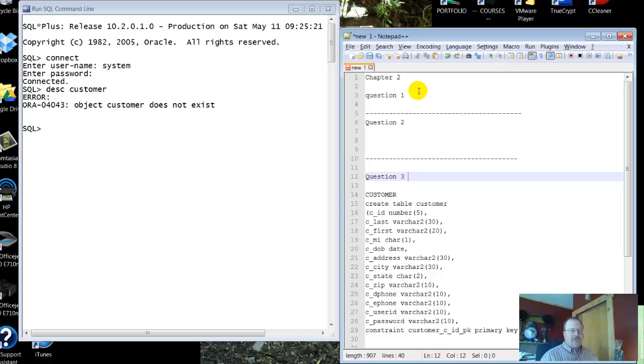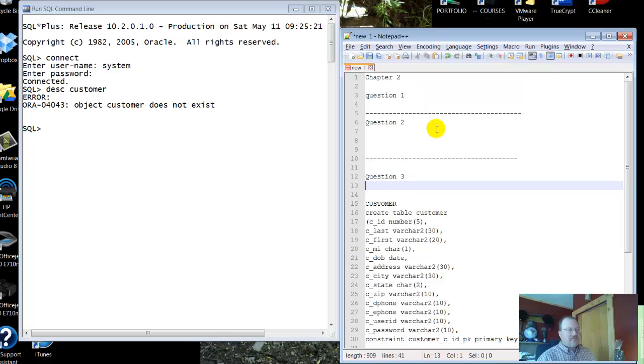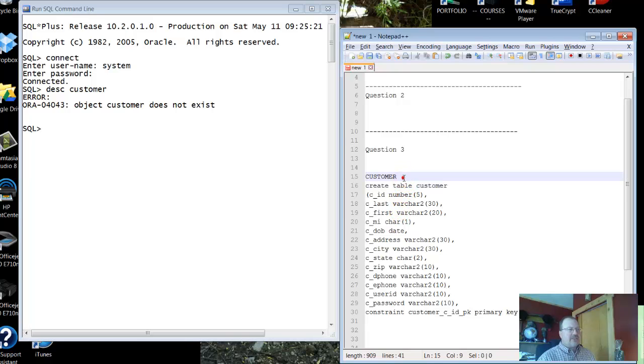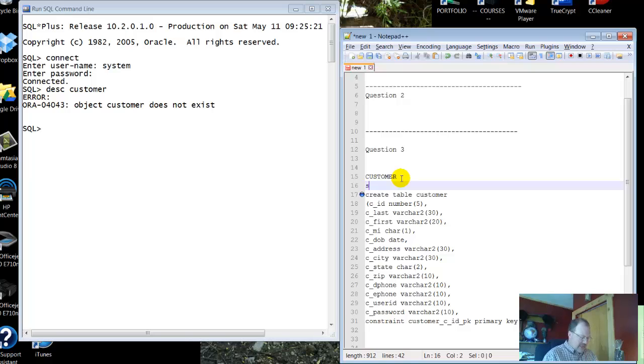Now in question 3, what we're doing is going out and building a script, and this is the customer script, for instance, and this is going to create a table called customer, and we talk about all of these data fields and data definitions, data types, and we talk about constraints and primary keys and all of that. What we need to do to go ahead and create this table, and this is how I would like to have you do your homework assignments. So initially what we have is customer, and we might label this original script,